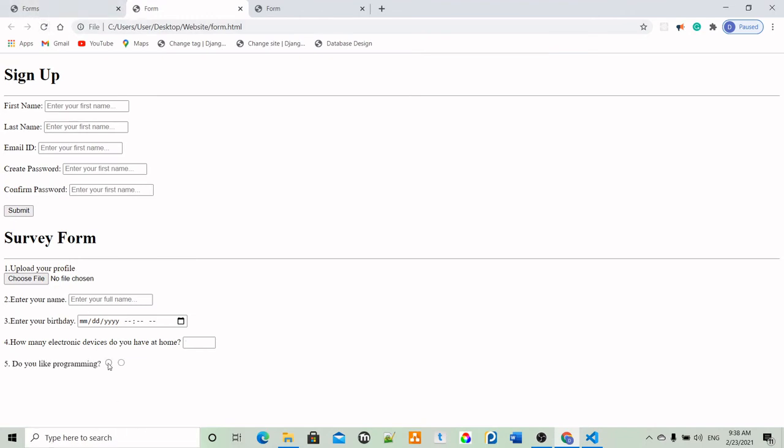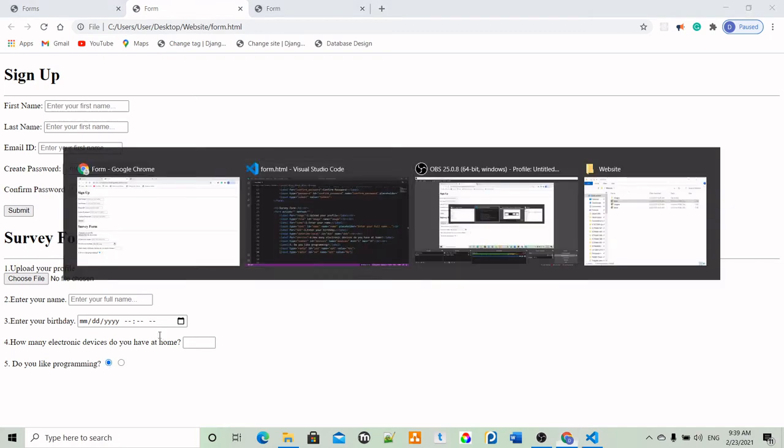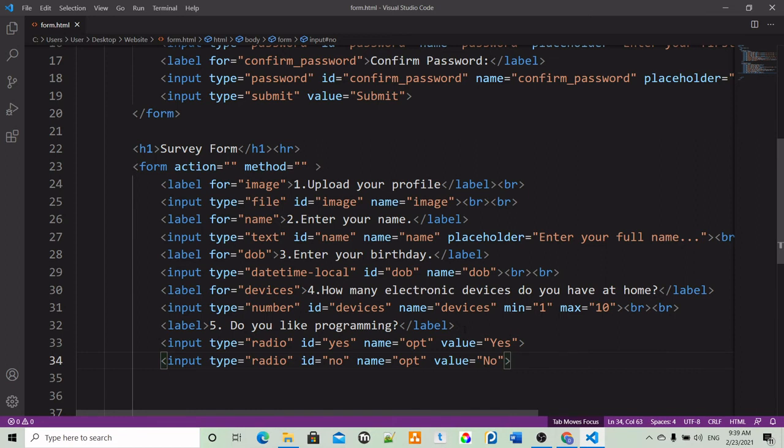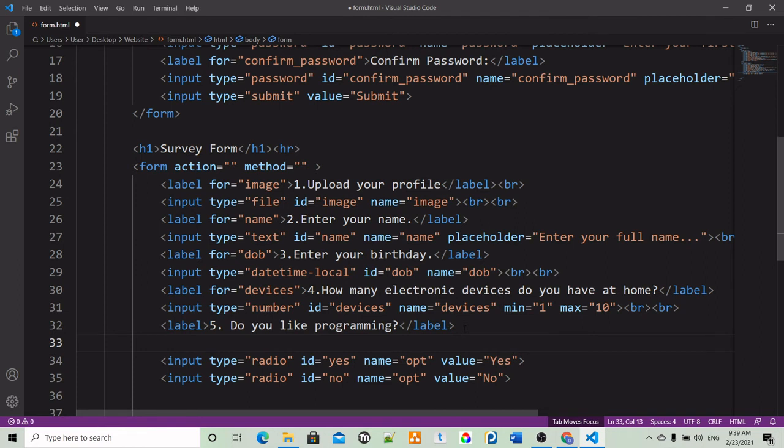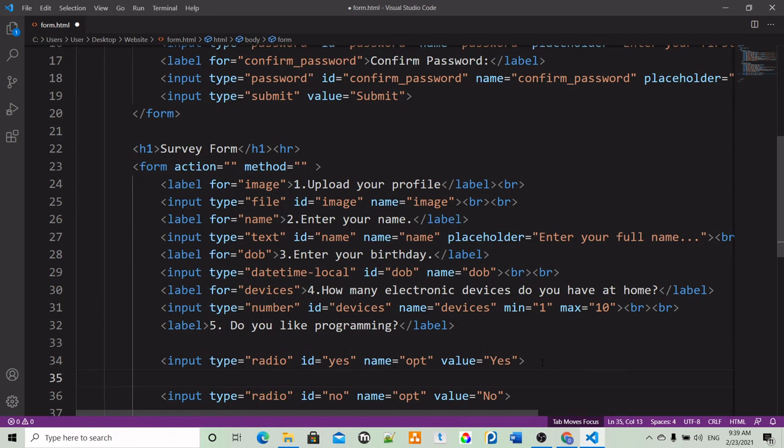And I think we don't have any value, and there must be something. We just gave the input. I think we have to give a label. So we have to give a label after the radio button. So let's give the label, and this is yes, and this is for id yes,